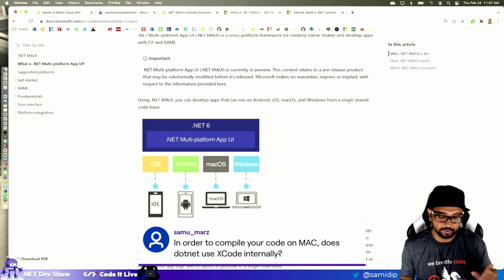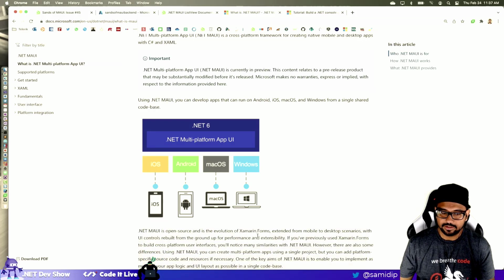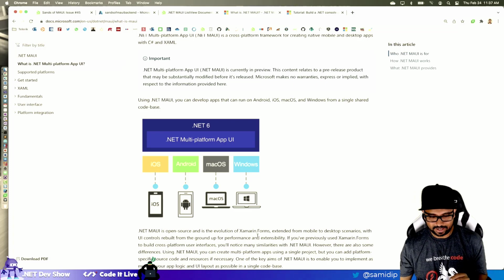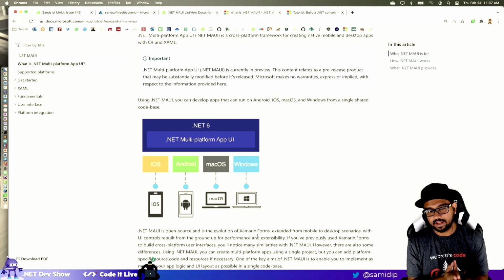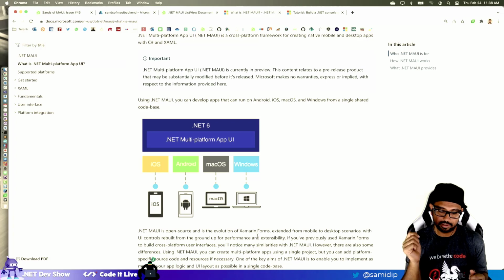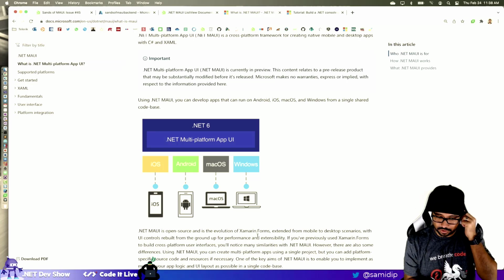But yes, everything iOS or Mac does go through Xcode. So yes, you do need a Mac to build for iOS, but you don't need a physical Mac all the time, because if you are on a Windows machine and you have an iPad or an iPhone, you can use the free provisioning certificate. You can just plug your phone into your machine, and Visual Studio will identify that, give you a provisioning profile and a certificate, and then you can deploy directly to your phone.